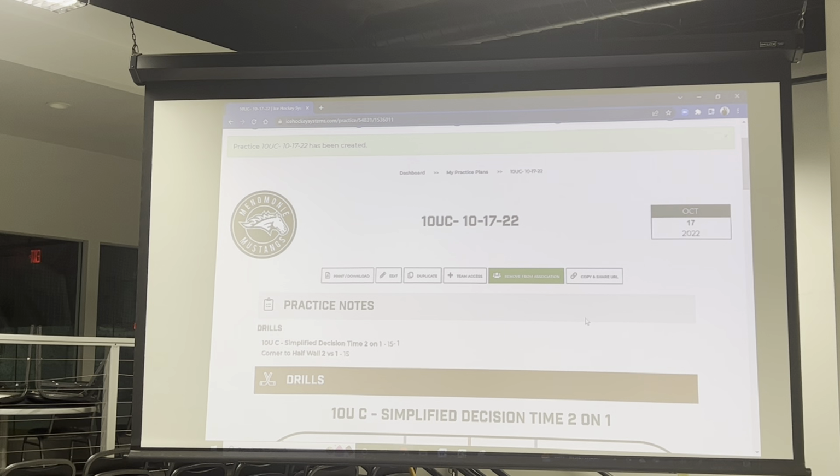Again, just to reinforce that, that makes it available to all the coaches that have a login. And then sharing with coaches, if you do have the live video in there, then sharing the URL is the best. I think we all have our phones on the ice, and if, for instance, we have a tablet or something we want to show them,